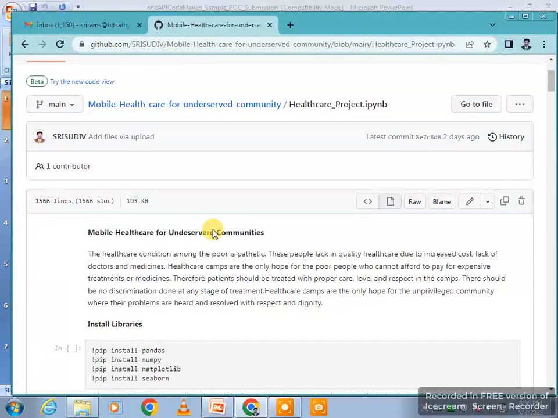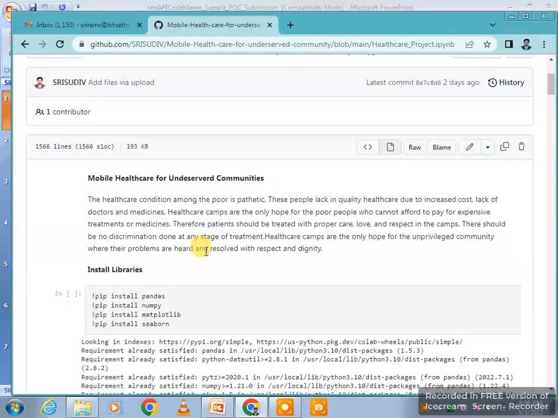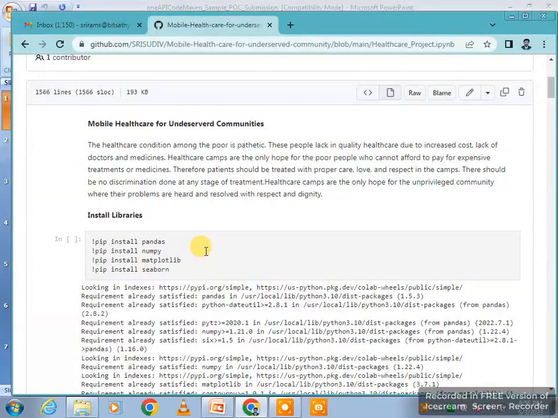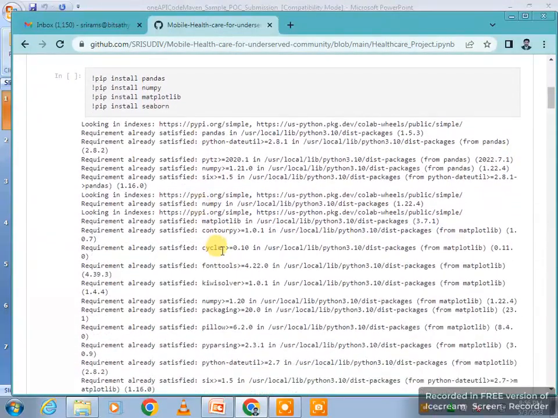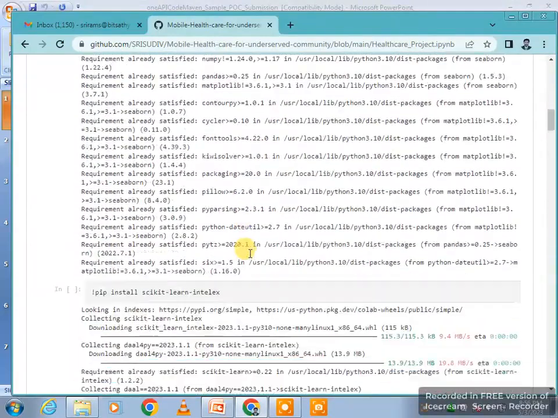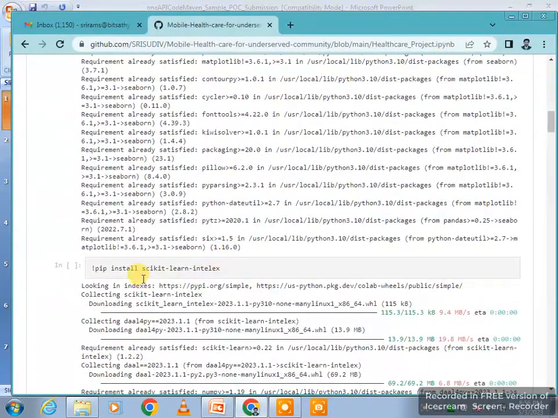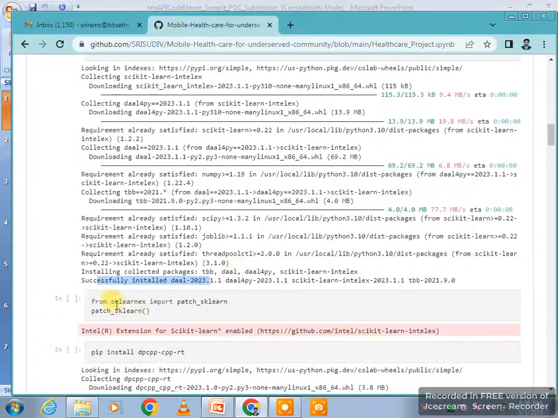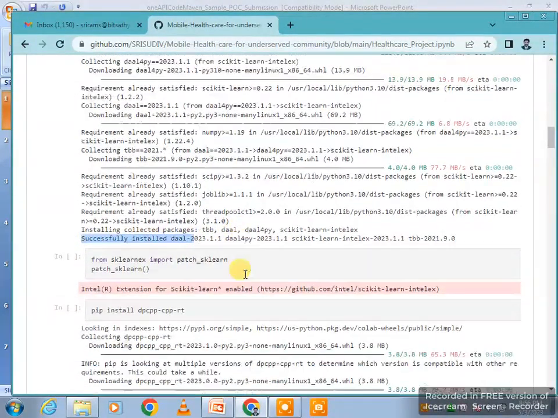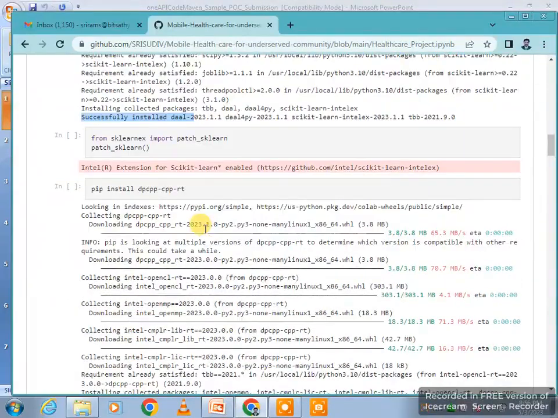First, we have installed all the libraries and then installed the SDK for the Intel oneAPI. After a successful install, then